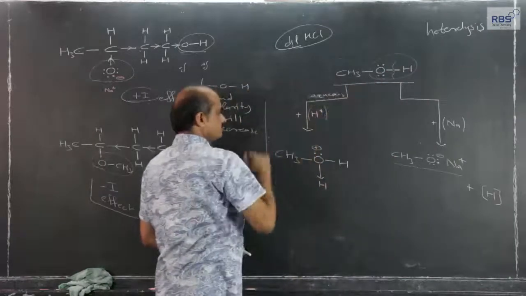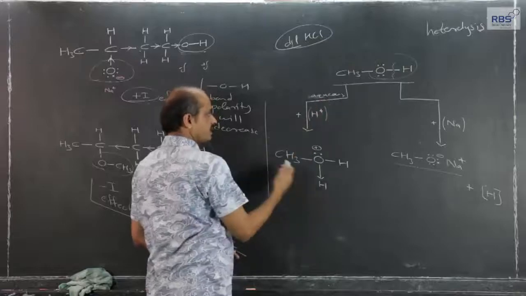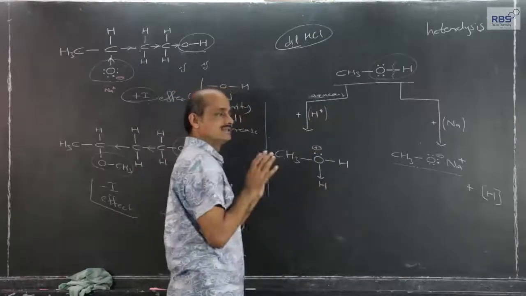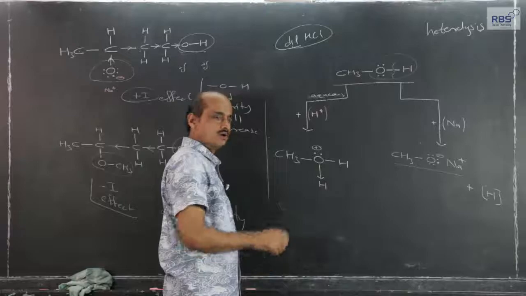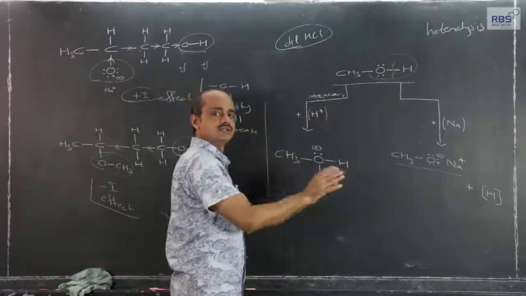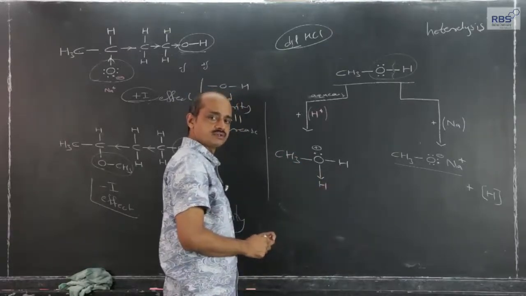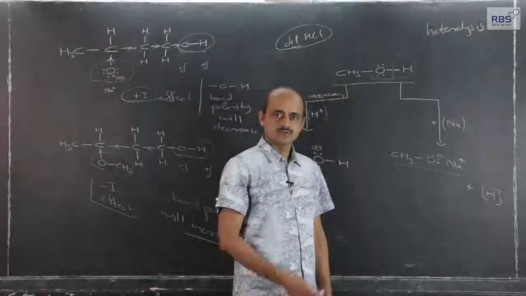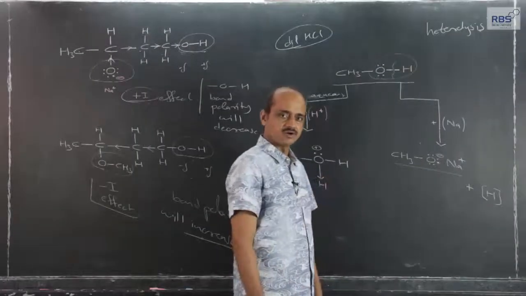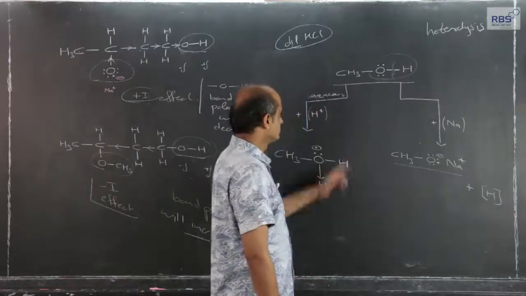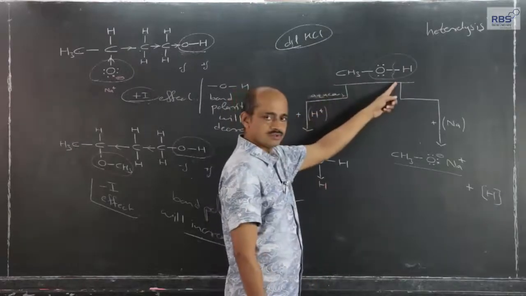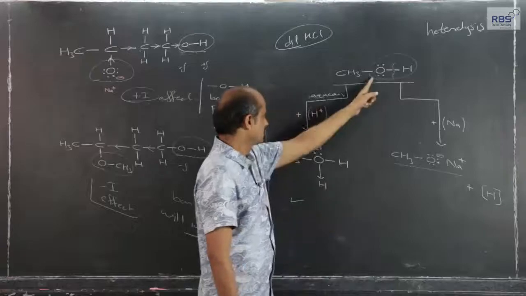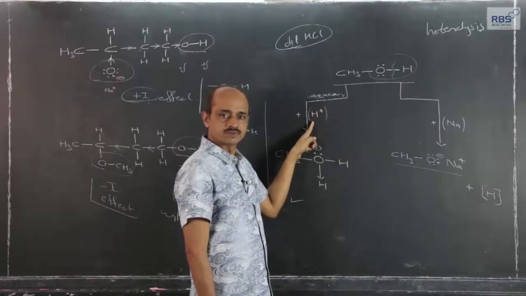And for such types of reactions in which the lone pair on oxygen is made available or shared, coordinate covalent bond formation takes place. The examples we have just discussed are methyl alcohol with sodium and methyl alcohol with free H plus ion from